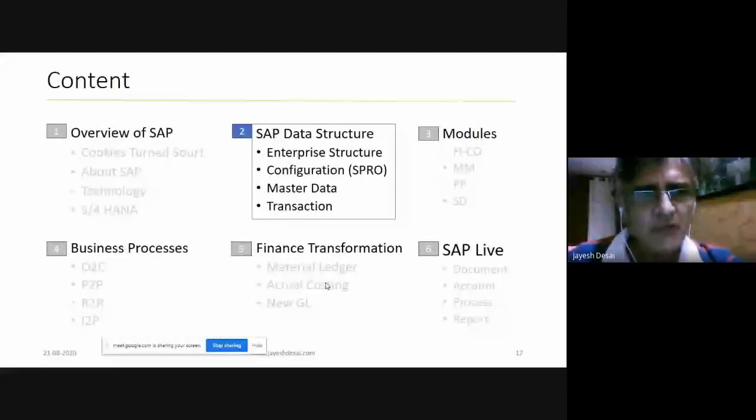As you know, we had a good overview of SAP, something on the technology side, something on the S/4HANA side, understanding HANA, understanding some of the terms that we will come across in SAP environment. Of course, there can be a lot of different terms, but considering the time constraint, I have picked up those terms which are really important to understand. Let's move to the data structure, where I will talk about the enterprise structure, configuration, master data and transaction, why